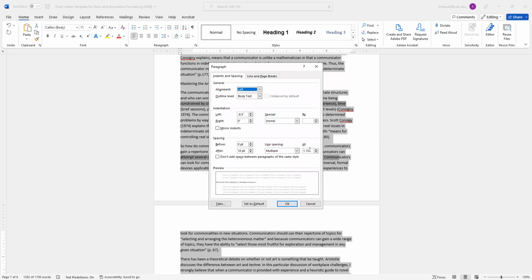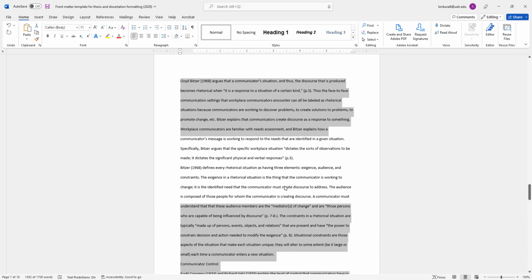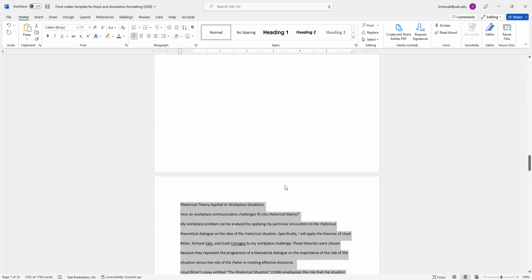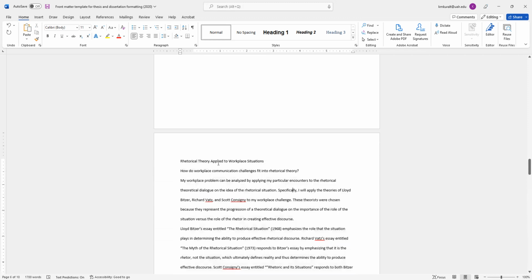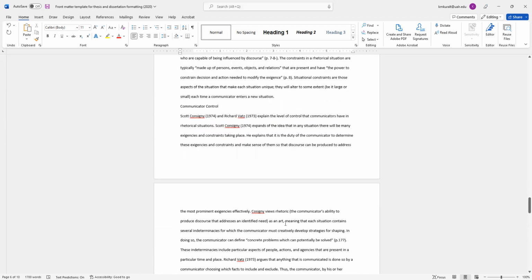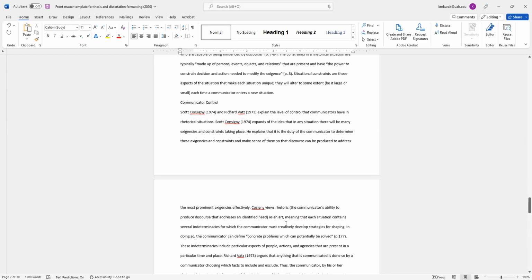So they're in the spacing section. In fact, if you've got goofy things going on with your paragraph spacing ever, it's almost always these little boxes right here. So notice it put in after 10 points of space, do not want, turn it to 0. Change the line spacing to double. The at box goes blank. That's good. And I go, okay. Now it's all fixed. So this is what you're looking for. You're looking for exactly the same amount of space in between all the lines. All right, that's step 1.